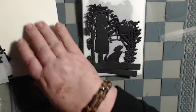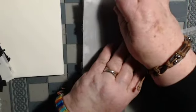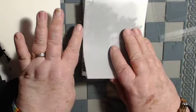Okay, now that's all the silhouettes. So there is a total of 10 silhouettes. So you can be working on 10 art projects with those. Then I have,